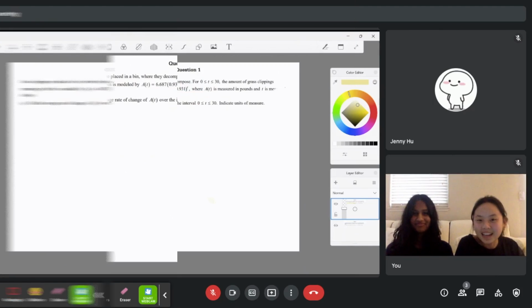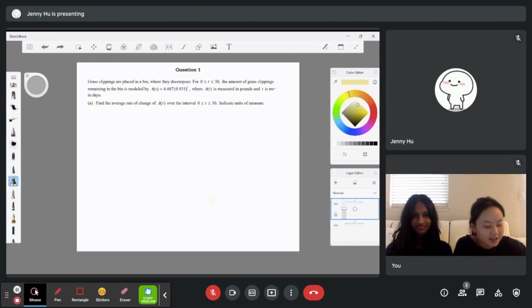Let's get started. Part A asks us to find the average rate of change of A of t over the interval. Let's recall that average rate of change mathematically means slope. Therefore, this question is basically asking us what the linear slope is from 0 to 30. To solve for slope, we need to find the two y values at x is equal to 0 and x is equal to 30. To do so, we'll plug 0